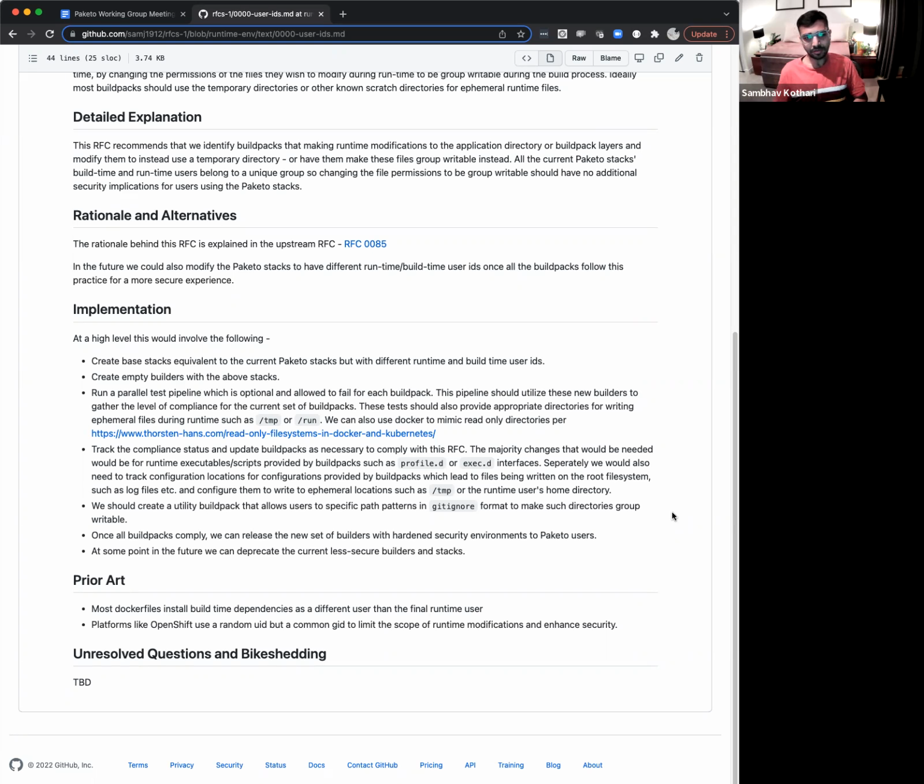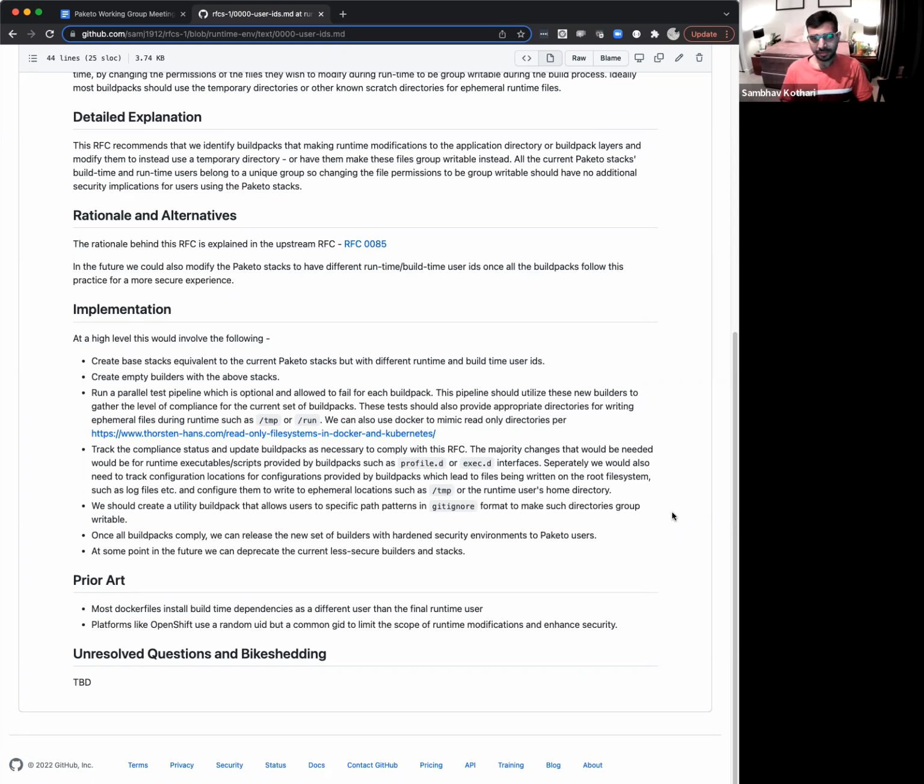Once all the buildpacks that we provide comply, we can then think about releasing the set of builders with all the appropriate buildpack groupings to the Paketo users with some support definitions or whatever and SLA. And at some point we can deprecate the current less secure builders if that's the direction we want to go in.